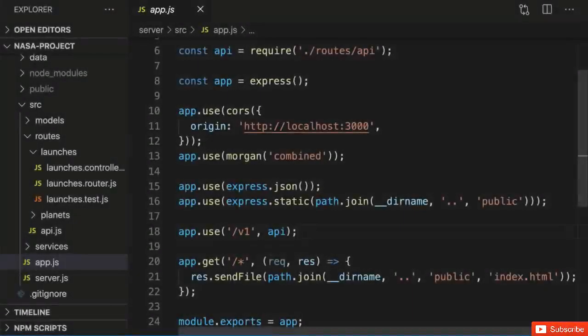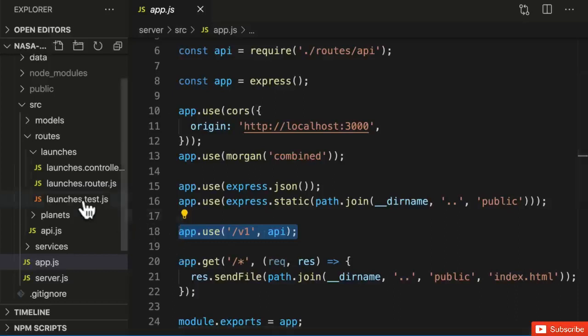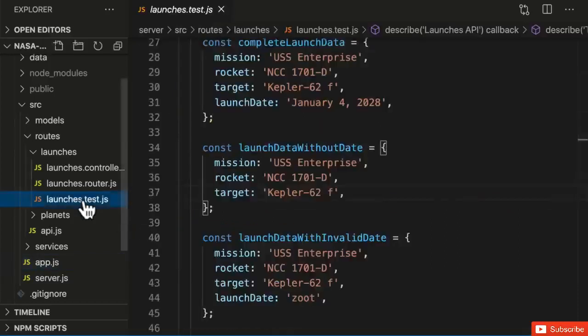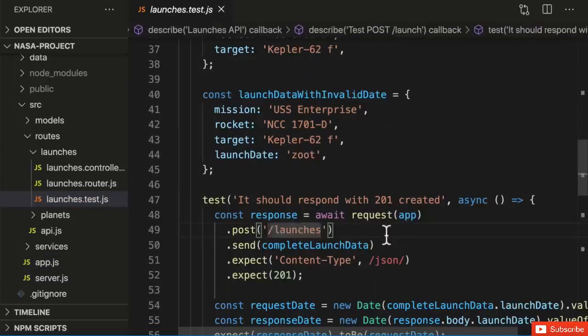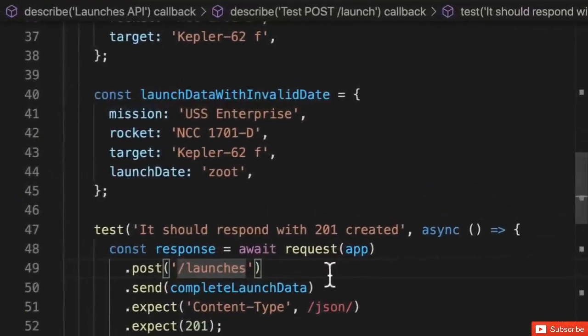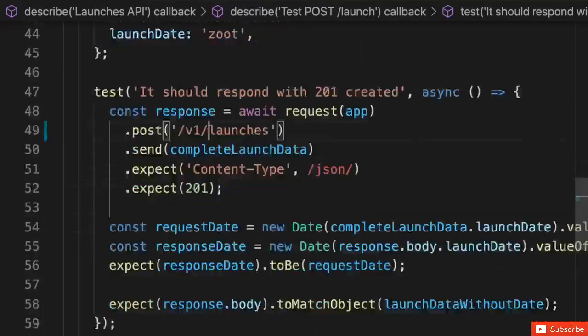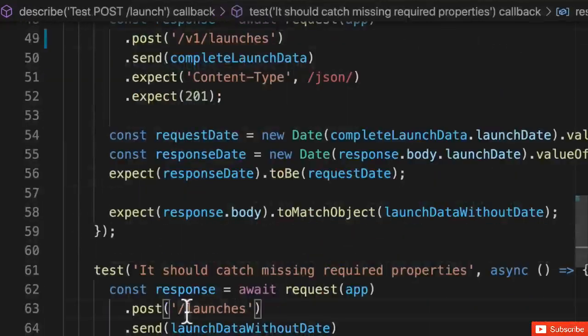Welcome back. Here's a really quick one. When we update our API to use versioned URLs, we need to make sure to update our API tests to use those updated paths for each of our requests. So every time we post to /launches, we now need to post to /v1/launches. In our success case, in our error case,